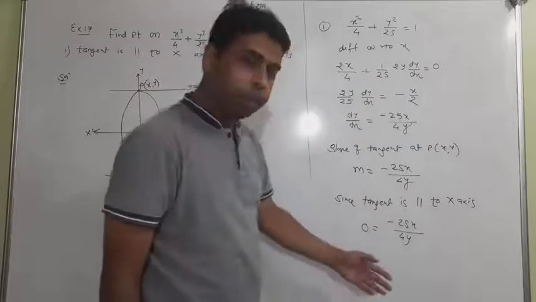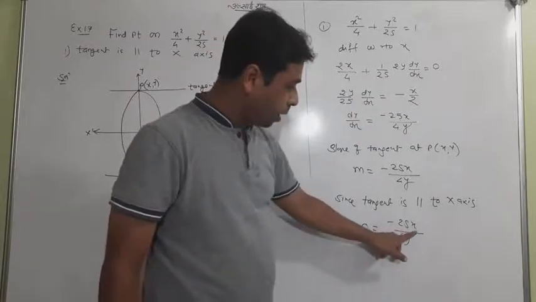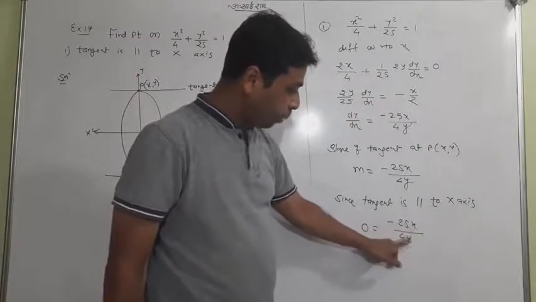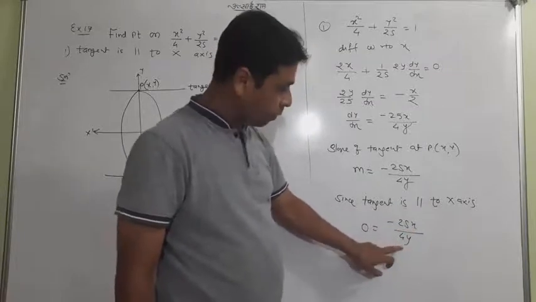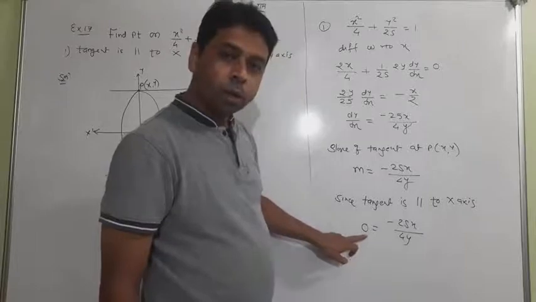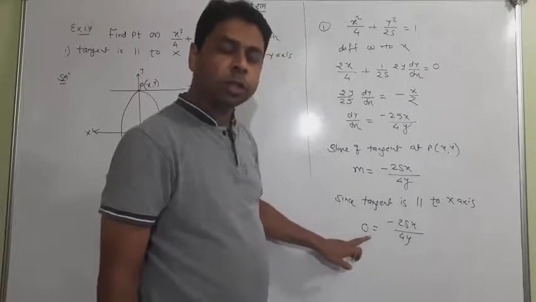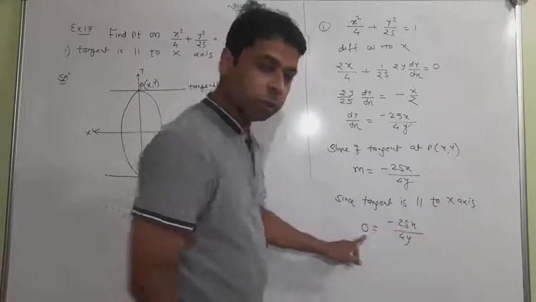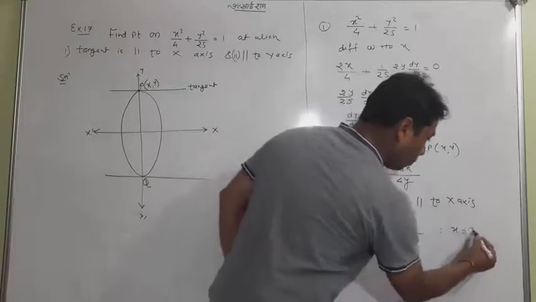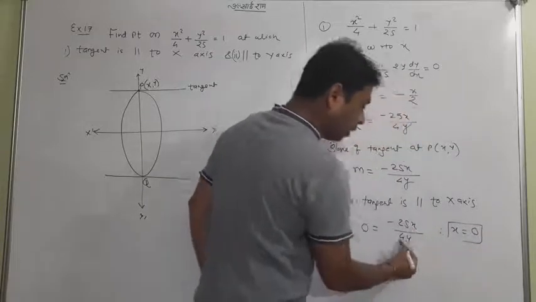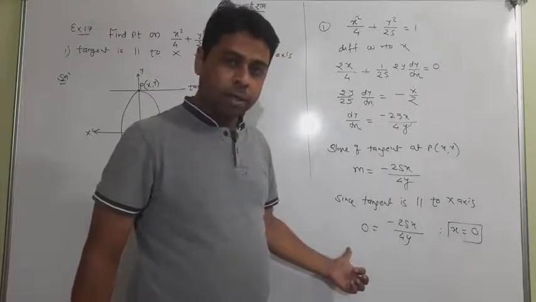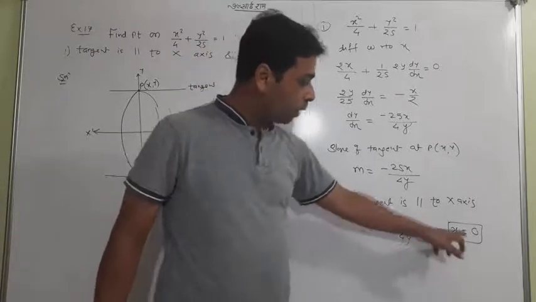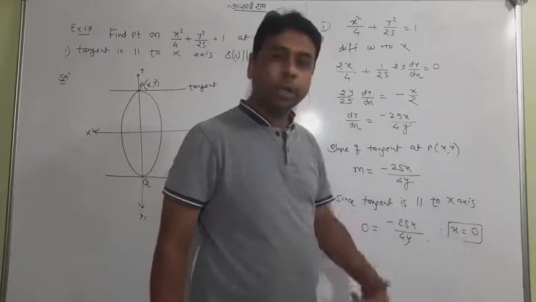So one can simply understand that this division is only possible when the numerator is equal to 0. Or you can think that if you transfer it here, it automatically will get 0. So x will come 0. So definitely from here we can get x is equal to 0, because all the numbers can be transferred to the side of 0. And x upon y will definitely be 0 when x is equal to 0. So we got it actually.